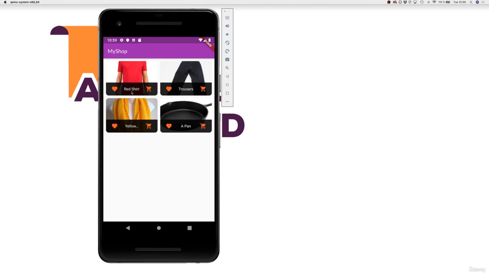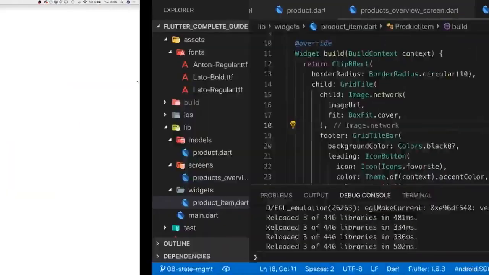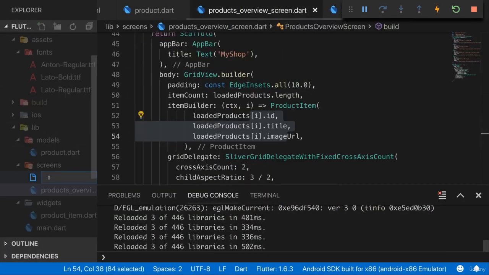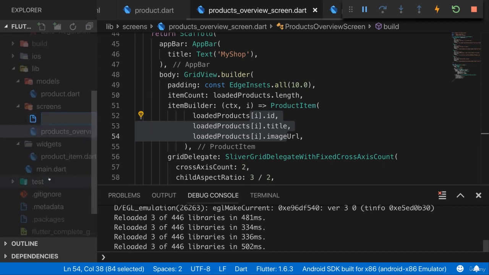I will simply also, for demo purposes, show some of the information here on the main screen and then some on the detail screen. You learned all the tools it takes to fine-tune this to your personal likings and requirements. So my goal now is that we can tap onto a grid tile here, and then we're taken to that detail screen. And for that, we need to add a new screen, of course, add a new file therefore, and